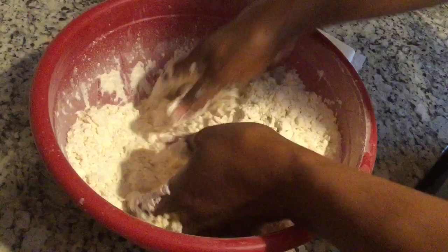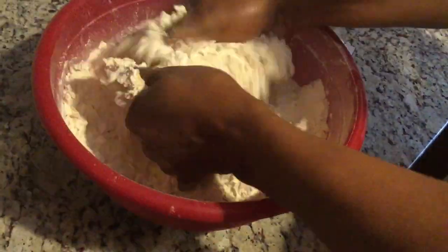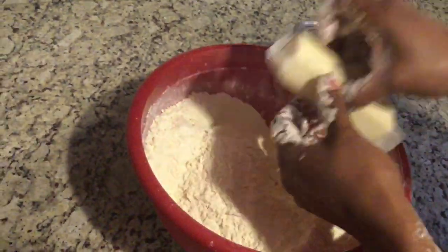Okay, once that's done, you mix the eggs very well. Mix the eggs into the flour. Make sure there's no lump, no yellow patches all over the flour. Make sure everything is smoothly mixed up. Mix thoroughly, and then when it feels like gari or